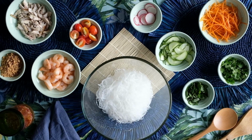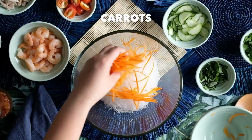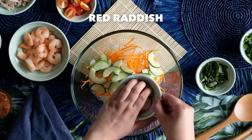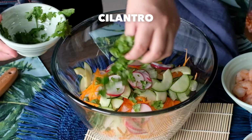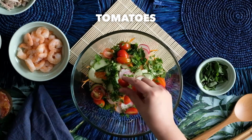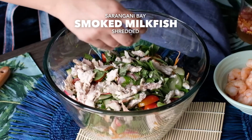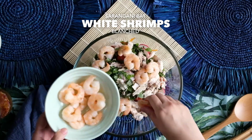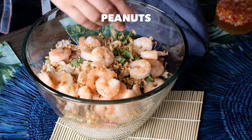Now for our salad, we combine pre-cooked glass noodles, carrots, cucumber, red radish, cilantro, tomatoes, basil, smoked fish, white shrimps, peanuts,